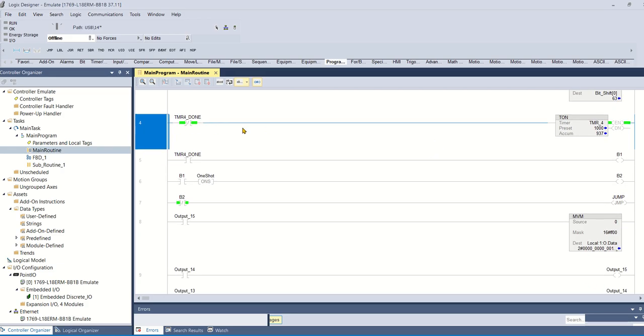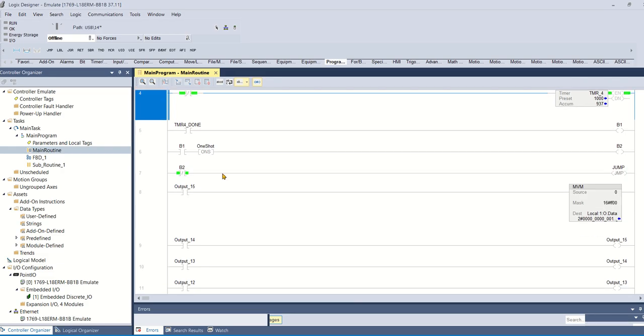So we've added another timer, timer 4 done. When timer 4 is done, it turns on B1, B1 turns on a one shot, which turns on B2. We have maybe not talked about one shots. This is a one scan only. So when B1 gets turned on, this will only allow B2 to be on for one program scan until this transitions back to off and on. So if this stays on for 10 seconds, this is only going to be on for one scan. It'll come on for one scan, and this will transition to no flow,